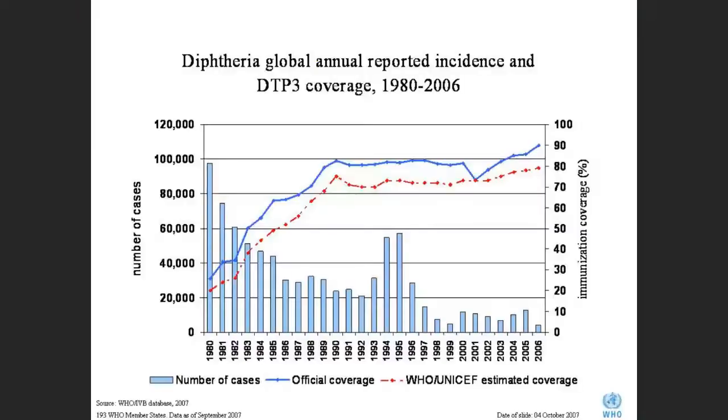One of the things I try to do when we get into diseases is try to relate incidence rate, like epidemiology, to these things. So if we look at the global incidence rates of diphtheria between 1980 and right around 2006, if you look at the blue bars here at 1980 and going all the way down to 2006, we can see here that the incidence rate has dropped.